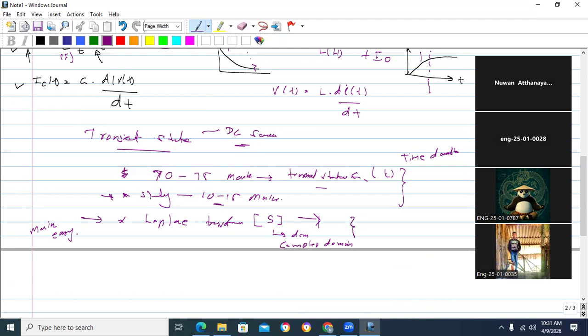Okay, this is S domain analysis, and you will get around 15 to 20 marks, not much marks. Okay, so this is how your marks composition is. For the transient state, you will get higher marks, more than 70. For the steady state, around 10. For the Laplace transform, around 15. Okay, so that is how your